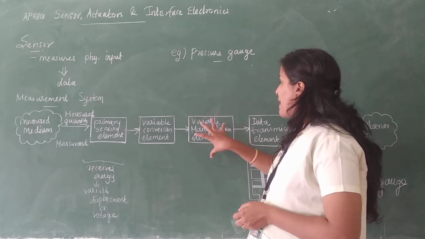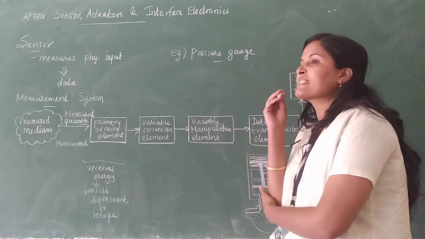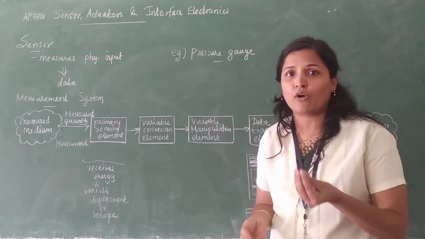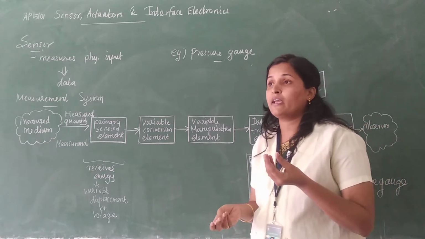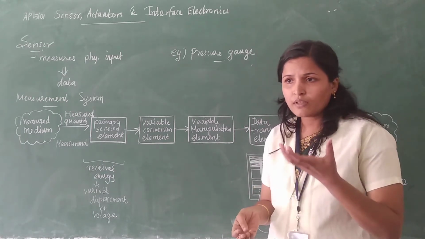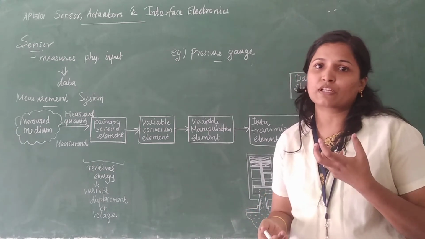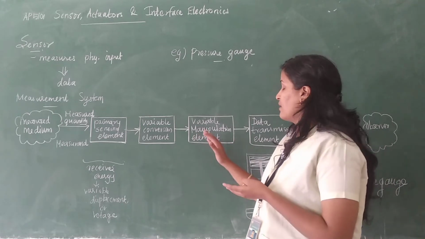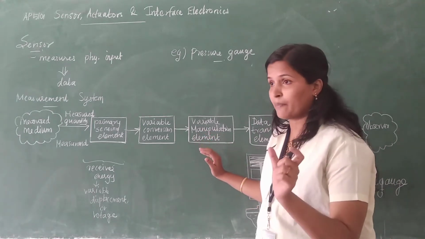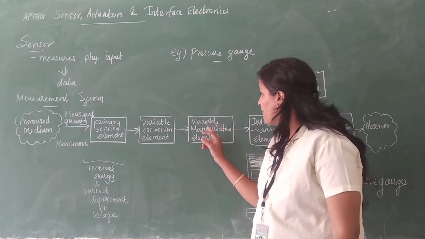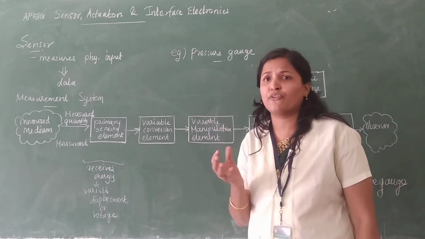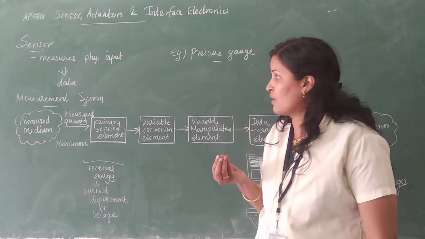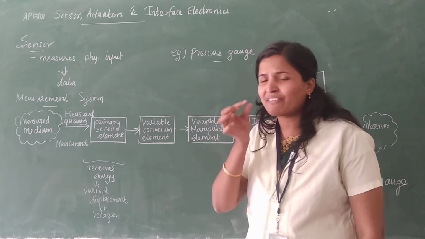Next is the manipulation element. Sometimes the data that we receive is very small, so that cannot be analyzed properly. For that we will slightly modify the parameter. That is the variable manipulation element. For example, if we measure a voltage, but the voltage level is very